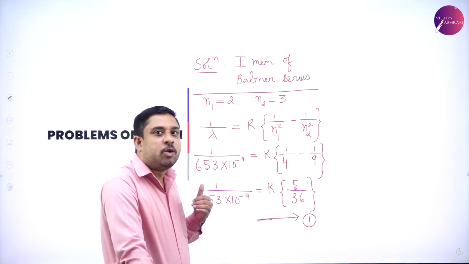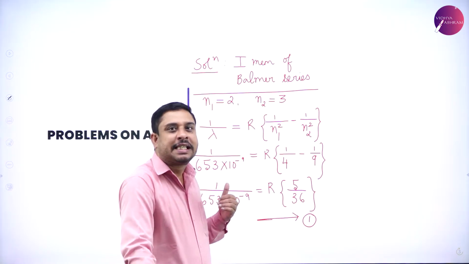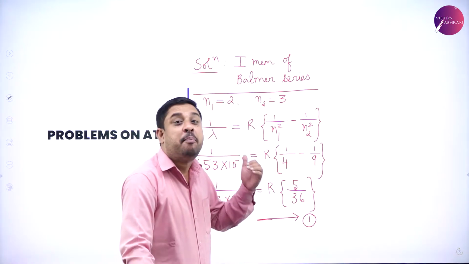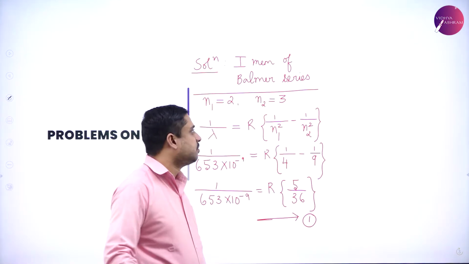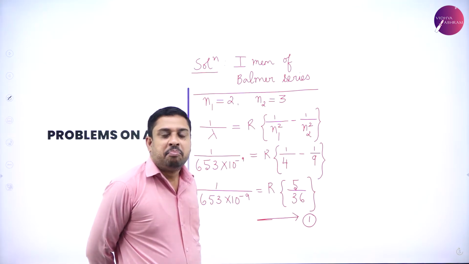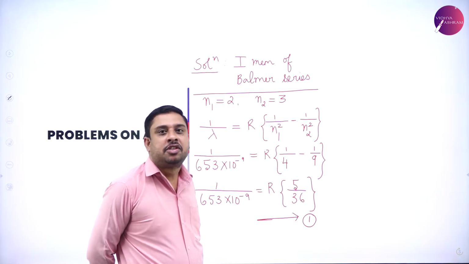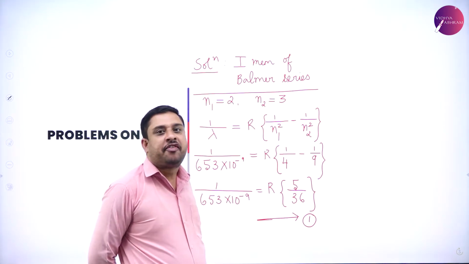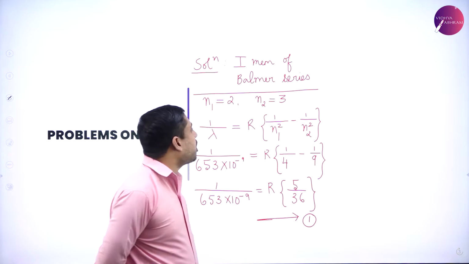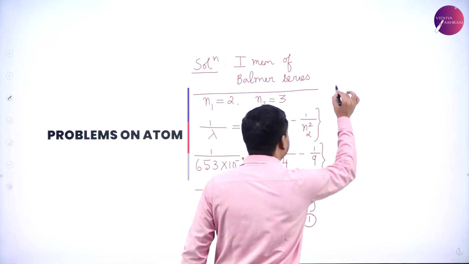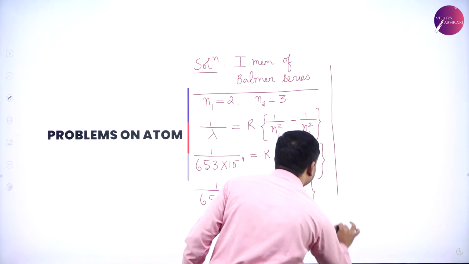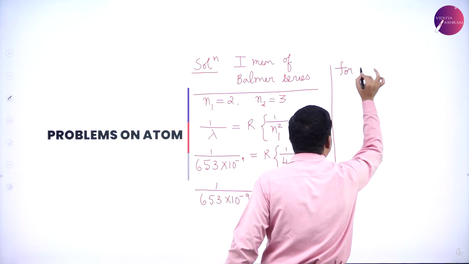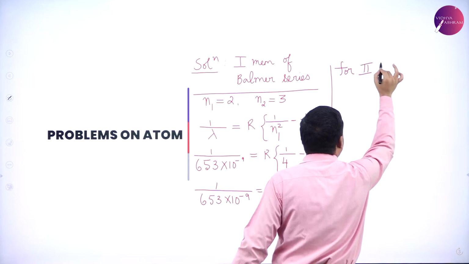So equation 1 with respect to first line of Balmer series. But I have been asked to calculate the wavelength of second member of Balmer series. So, for second member now,